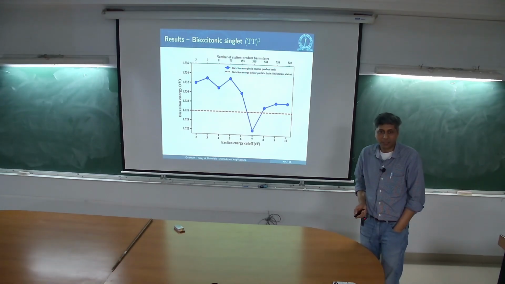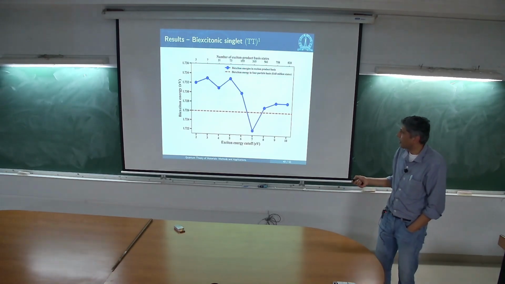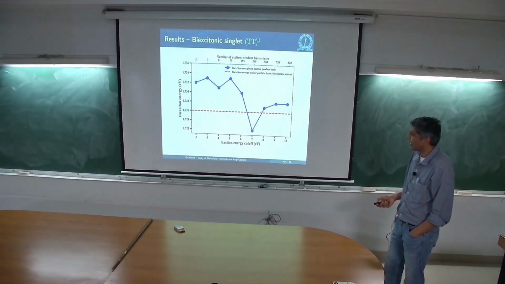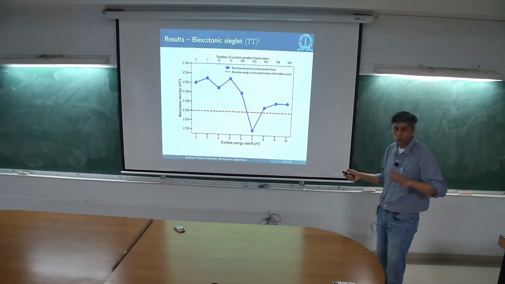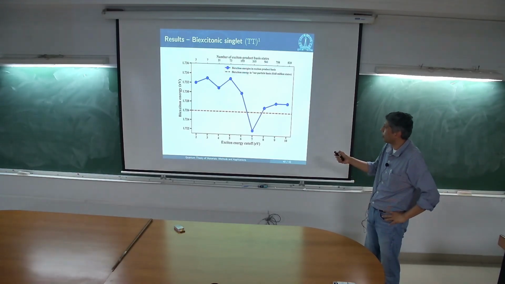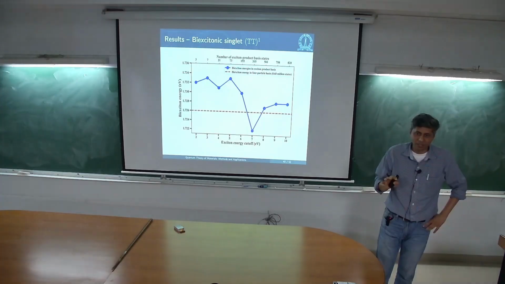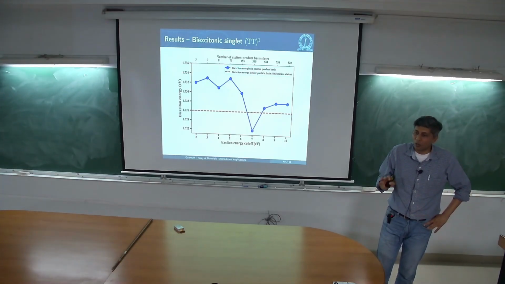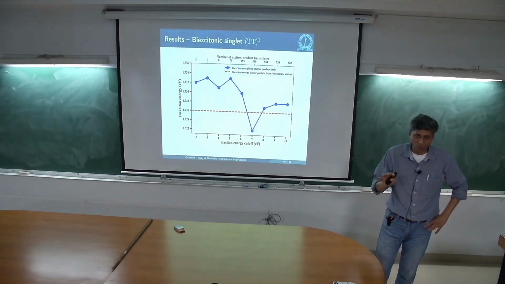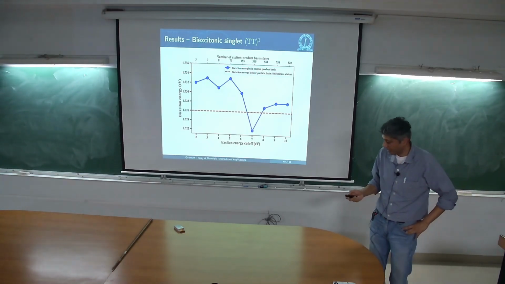So when you do this, we have done this for a molecule, and this is for a singlet. You do the bi-excitonic calculation for the full 4 particle basis. It has 680,000 basis states. It takes a long while for us to construct the Hamiltonian and a long while to diagonalize it.